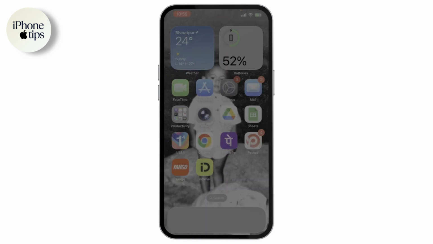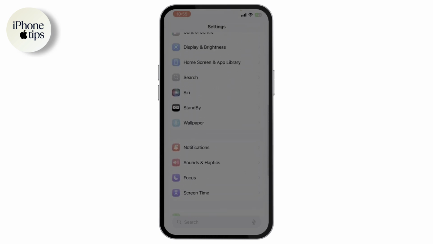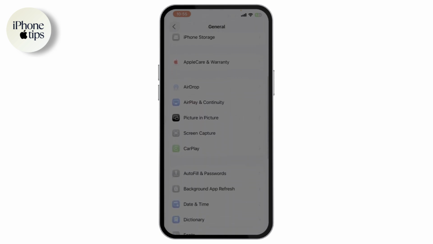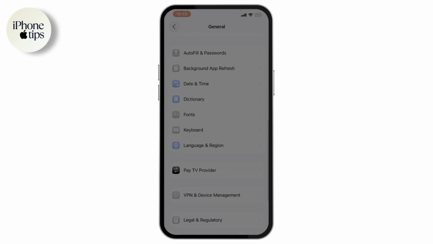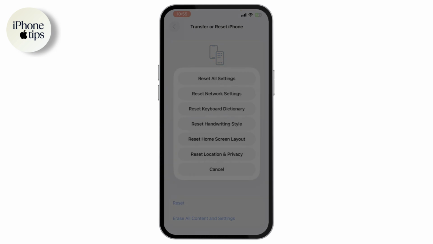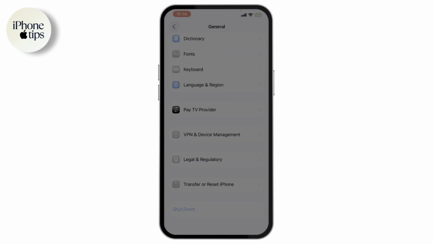Next thing you need to do is open up your settings. You need to scroll down until you find the option of General. Once you find the option of General, you need to tap on it, and then you need to scroll down from the General option until you find the option of Transfer or Reset iPhone. Tap on it and then go with Reset. And here you need to click on Reset Network Settings and reset your network settings. And after resetting your network settings, you have to simply go back and go to the next step, which is